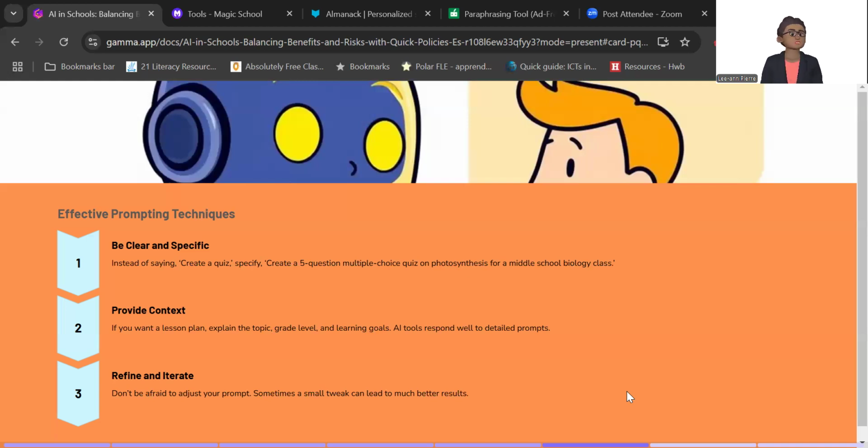So you can say, well, I wanted it to do this. What can you do? Generally, the AI tools can be prompted until you get exactly what you want. So by using these strategies, you'll find that AI tools are even more effective in supporting your teaching needs. It is like having your own personal assistant with you in the classroom.